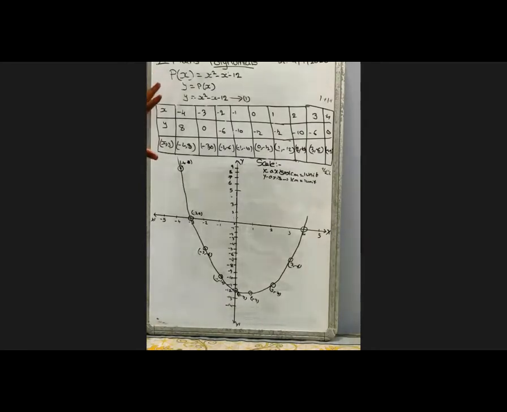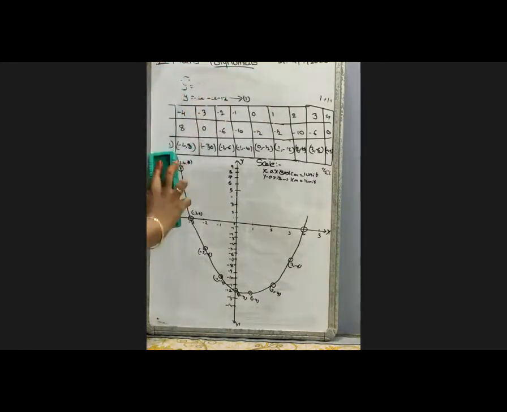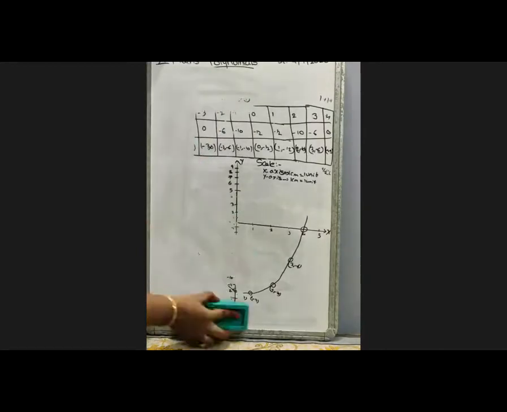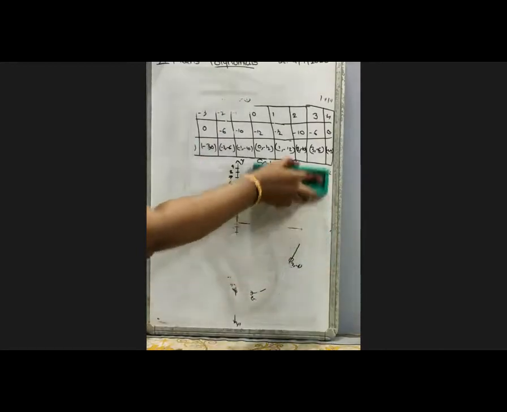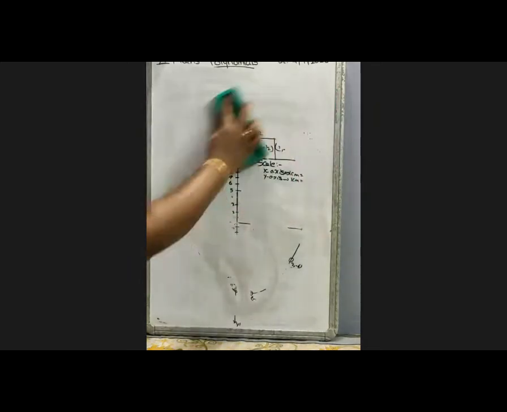I think all of you got the clarity, and I'll do some more graphs and keep them in your group. After doing the pictures, I'll keep them in your group. You have to follow that. And after that, we'll go to some other types. What is that? Quotients. Otherwise, we can take zeros of the polynomial only, but we will see it differently.